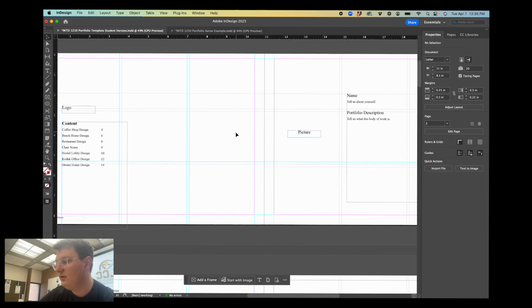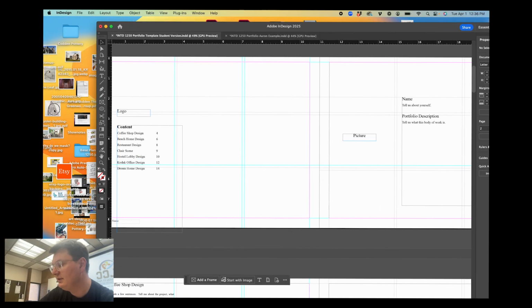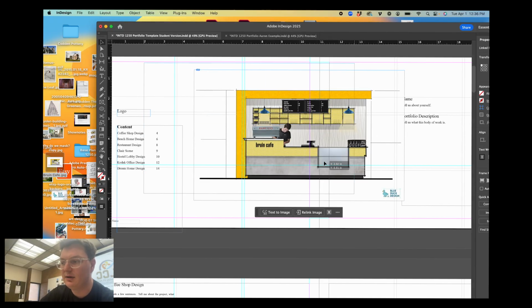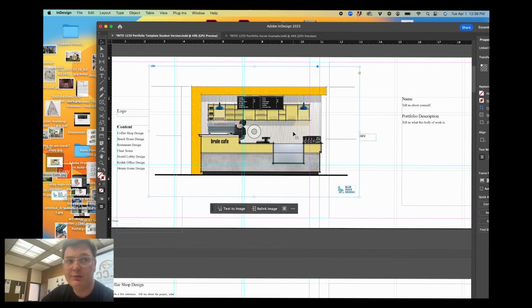Okay, so when we put in a photo, I will just minimize this a bit. Excuse the messy desktop, but I'm going to put in my elevation here. Okay, and then I just drag it in there, and I click once, and then I can hold down and slide with my finger on my trackpad or mouse. Okay, and then super important here, incredibly important, I can't stress this enough, the most important thing of this video, so please pay attention, eyes up here,